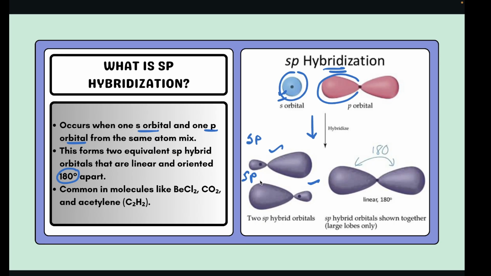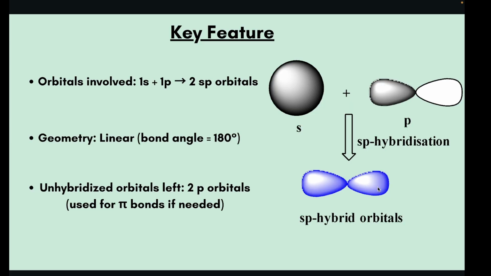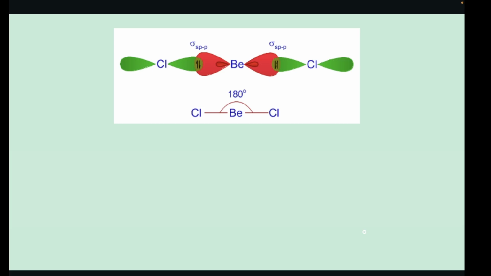Molecules show a linear geometry, and these hybrid orbitals arrange themselves linearly at 180 degrees to minimize the repulsion. In all the molecules which show linear geometry, each orbital forms a strong sigma bond. Like here, I am showing the example of beryllium chloride,